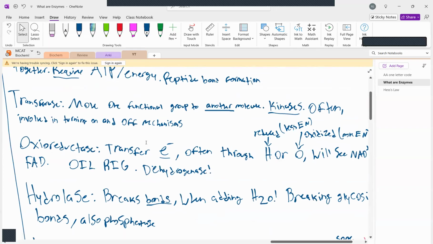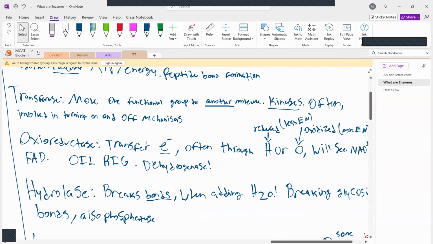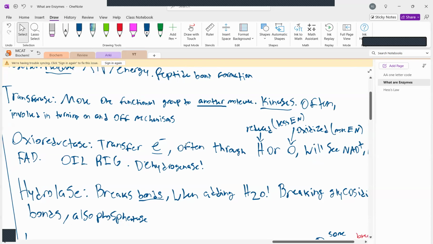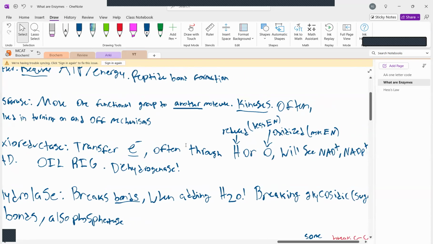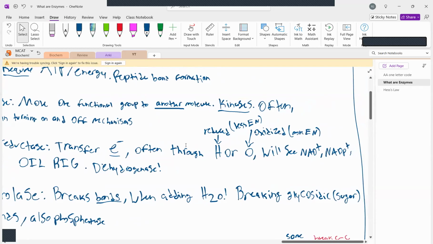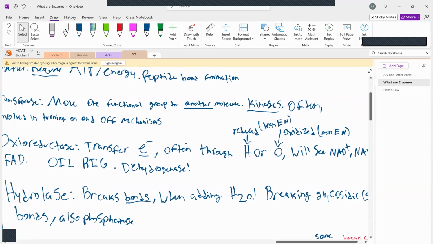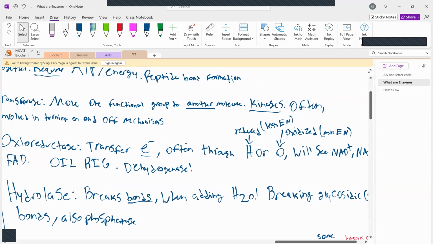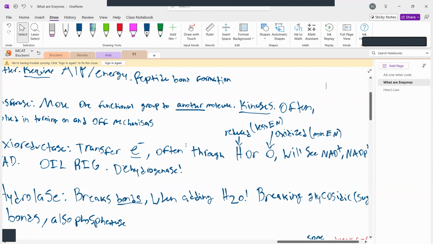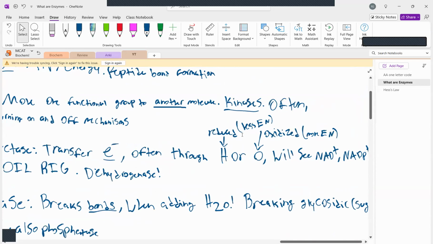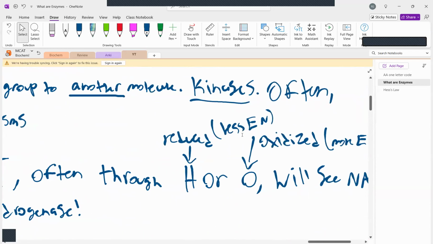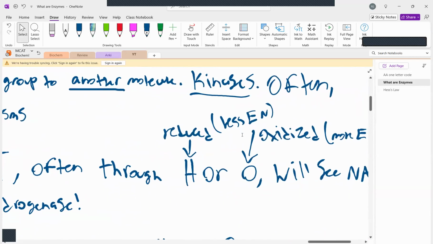So an oxidoreductase is when you transfer electrons. Often, if you see a hydrogen or oxygen being added or removed, then that's a good chance that there's an oxidoreductase at work, just because those are the most common atoms that you'll see. So if you add a hydrogen onto a carbon,